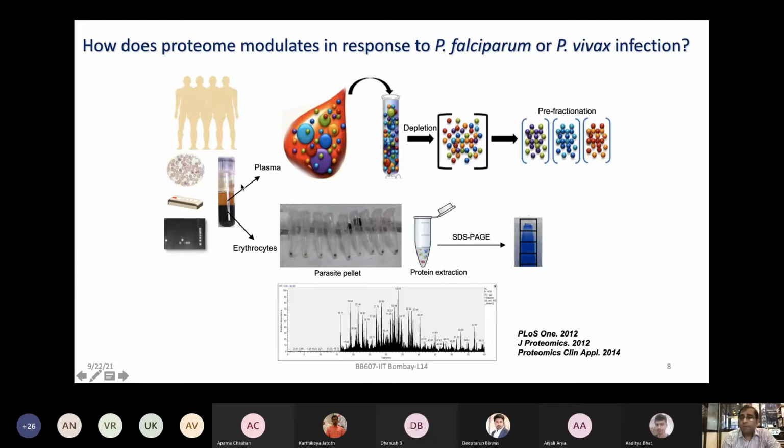Or from the same patient, one could also take the plasma, and plasma may have two things. One is the human protein, which is what is expected here, which will be highly abundant host proteins. At the same time, you may also have some parasite protein, some falciparum or vivax protein, which is secreted in the plasma. So you may have very high abundant but specific proteins coming from the pathogen as well. Both of those could be investigated. Now plasma has a lot of abundant proteins like albumin and immunoglobulins. So first you want to deplete those out, and only after doing that can you look at the other proteins of interest. So some technical methods have to be looked into.